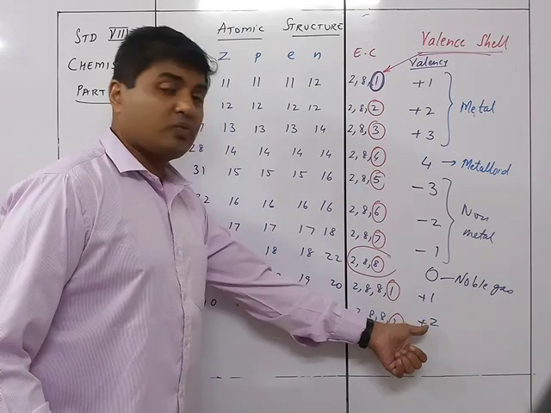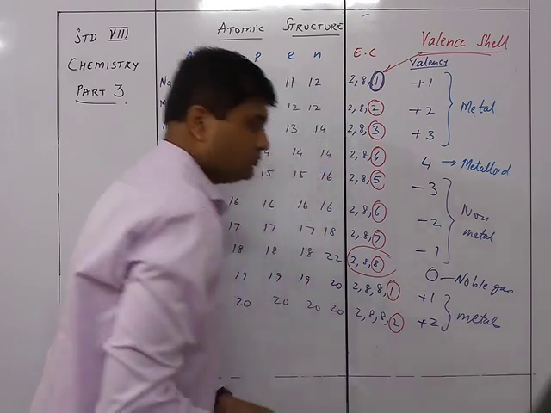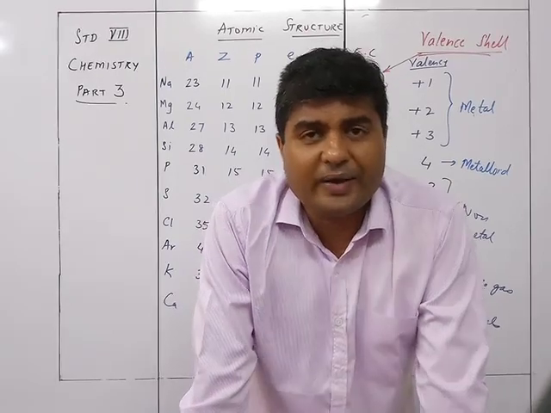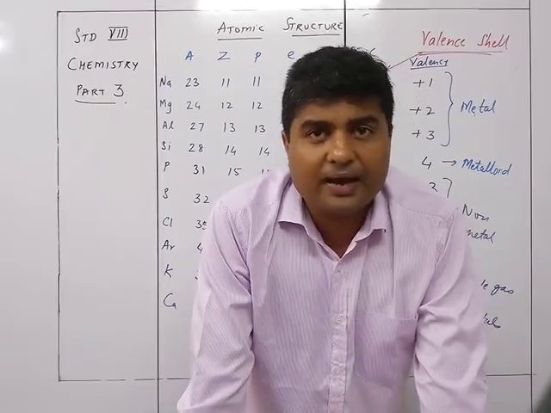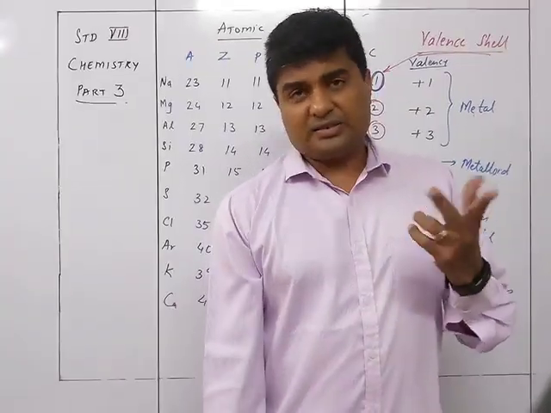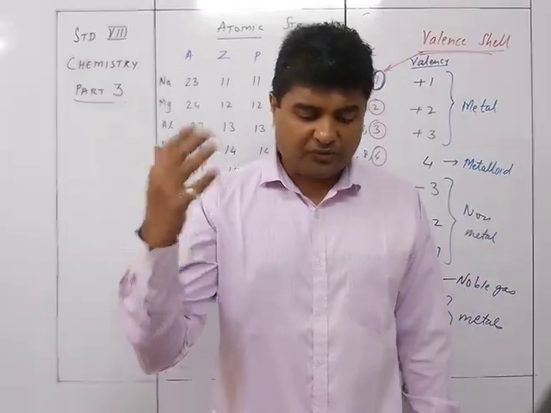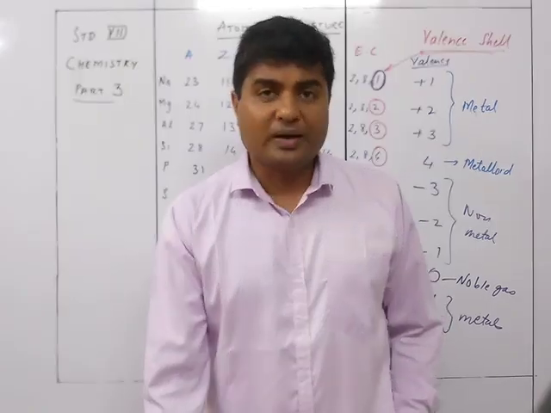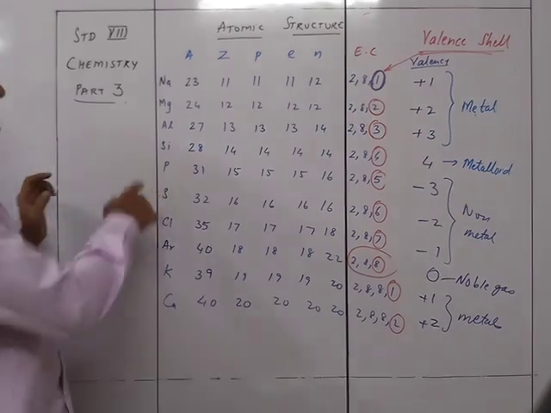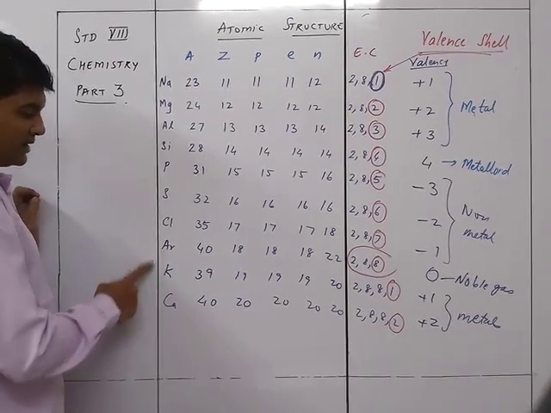So over here, what will be this one? Yes, metals. So these are metals. So in case of boron, boron is a metalloid. Otherwise, all others are based on the same principle. Plus 1, plus 2 is metals. Boron is a metalloid, but again carbon is non-metal. Then nitrogen, oxygen, fluorine, all non-metals. Neon is noble gas, and from here it is sodium, magnesium, aluminum, metals. Silicon metalloid, phosphorus, sulfur, and chlorine non-metals. Then this is noble gas, argon, and then again metal.